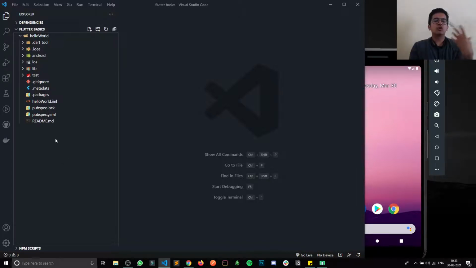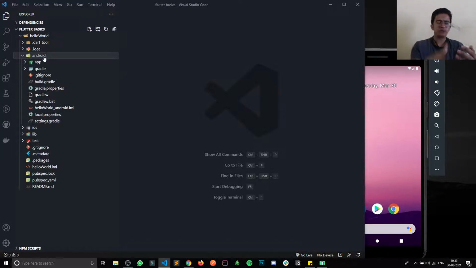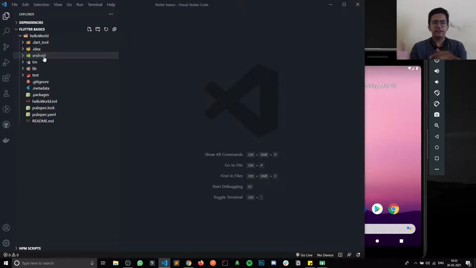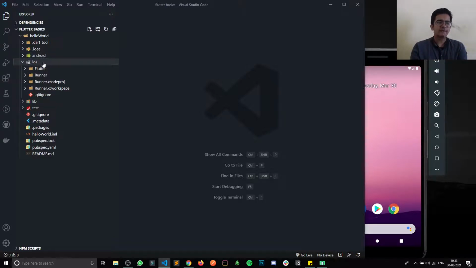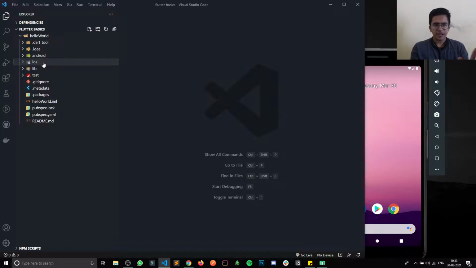So if we want to do something specific for Android, then we have to go inside Android and do some stuff at particular places. In a future video we are going to do that, and the same goes with iOS. For iOS we need a Mac, and only then we can do the stuff. So I don't think we are going to touch that until I get the Mac.